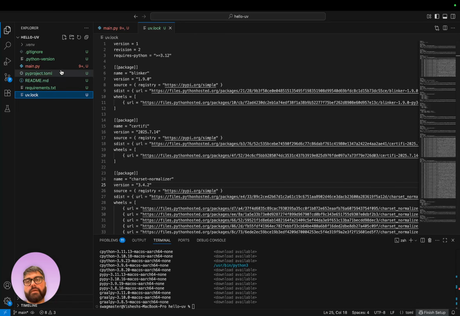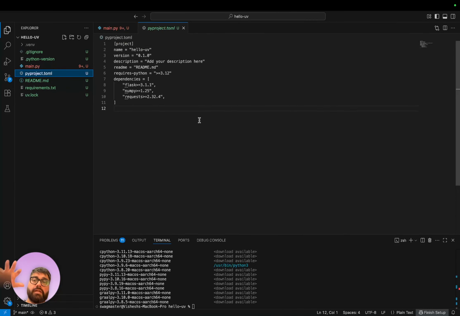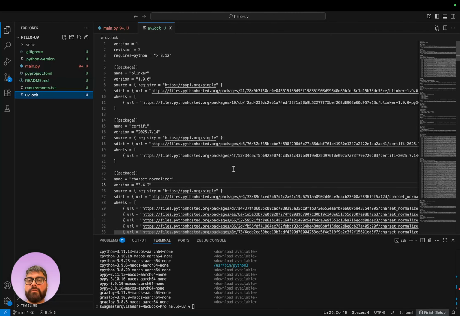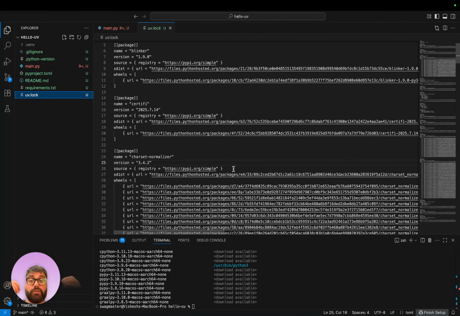The difference is pyproject.toml captures your high level dependencies, and your uv.lock captures everything including all transitive dependencies, aka the dependencies of your dependencies, to create an exact, bit for bit recreation of your current environment, right?